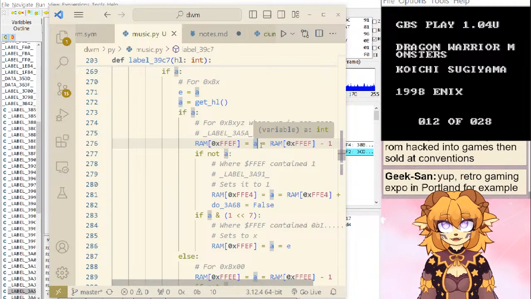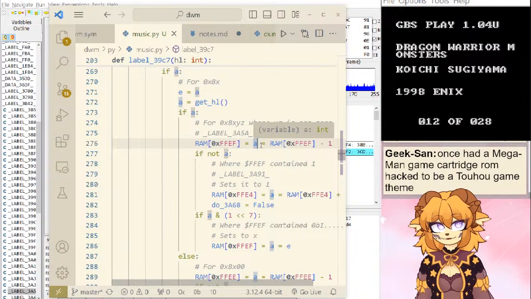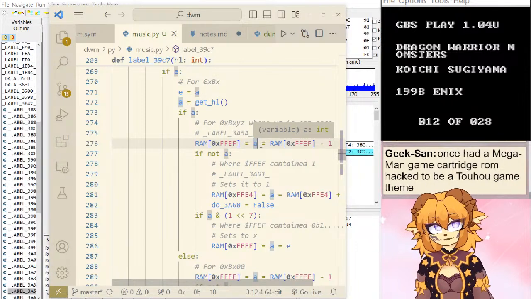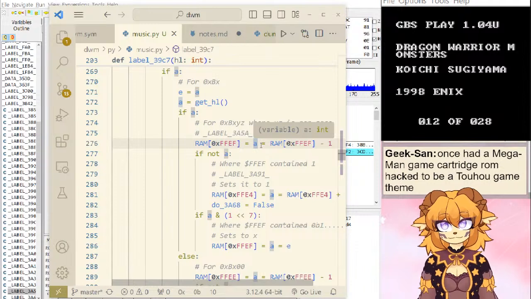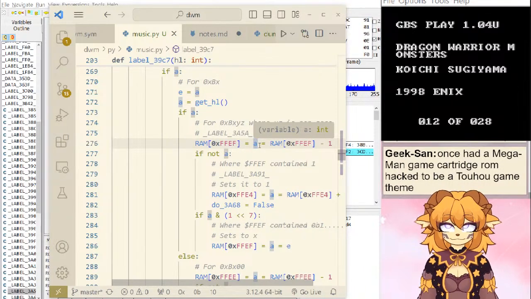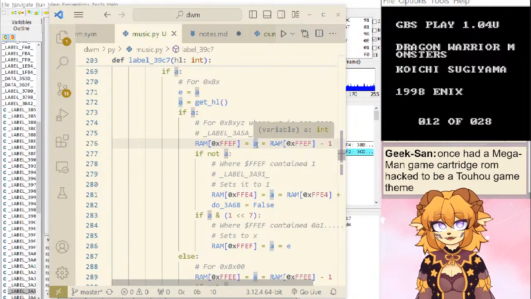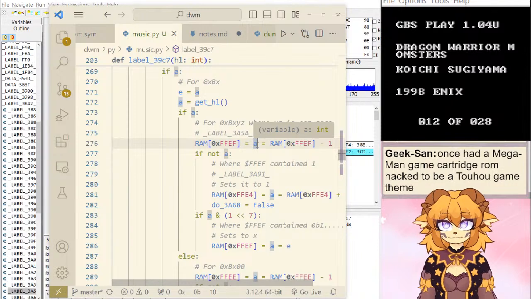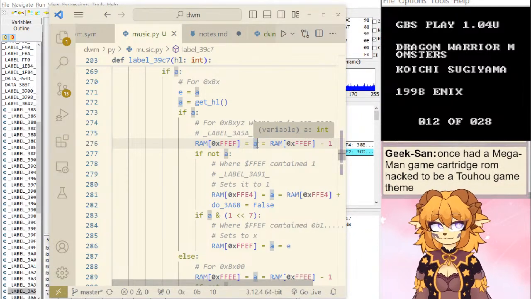Someone had a Mega Man game cartridge ROM hack via Touhou game thing. Oh, that's cool. But yeah, you can just find those online, for free, right? I would not suggest pirating them itself, but you find the patches online, for free probably on romhacking.net, and you can download those and apply them yourself.